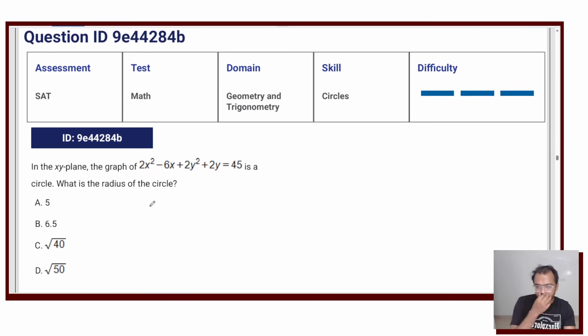Okay, again we have this equation which is not in the standard form. And this is the equation of a circle. They want the radius. So what should we do now? We know the algebraic way, we know the Desmos way. So we can do it using either method. So let's go with the